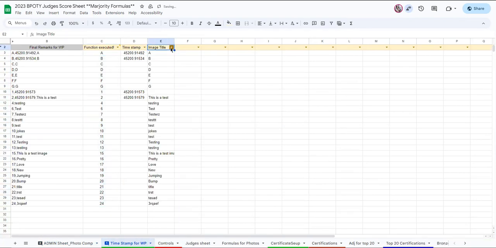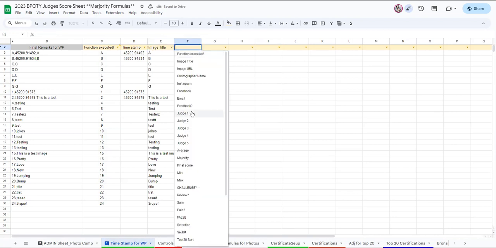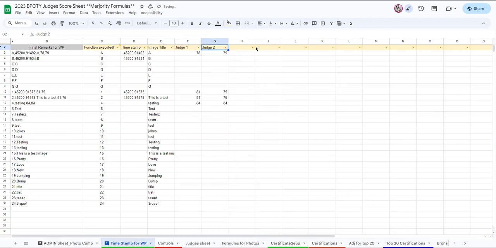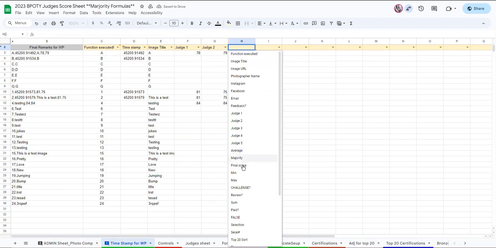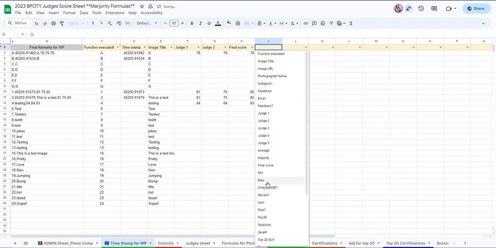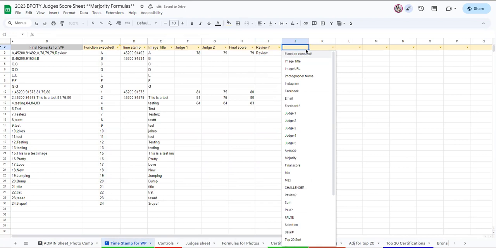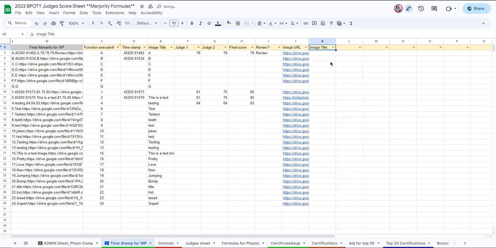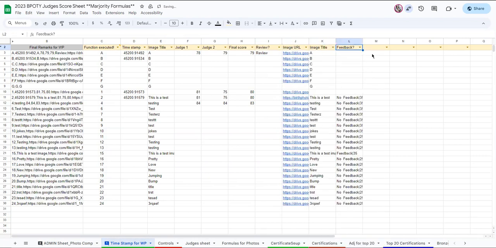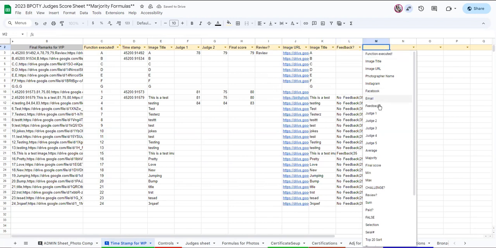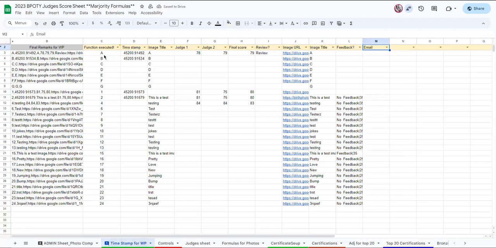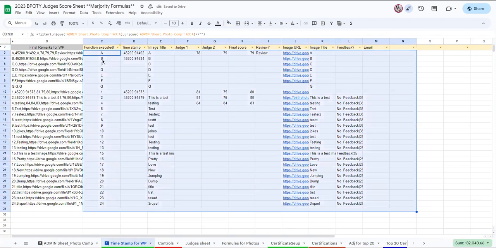Now for the second, if you need the image, or anything else, you can just click it from here. Maybe you want to have judges score 1, judges score 2, or maybe you just want the final score, or the score after challenge, whatever the column name will be. You just need to click that and it will fetch that. Let me select the image URL, image title, maybe the feedback, if the feedback is required or not, I don't know. I'm just showing you this example of how you can select the field, and what it will do is create a list in sequence